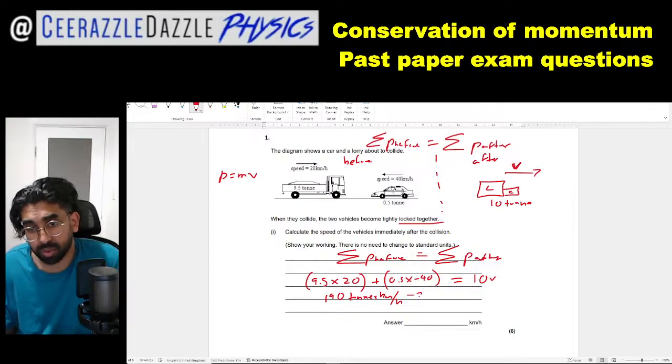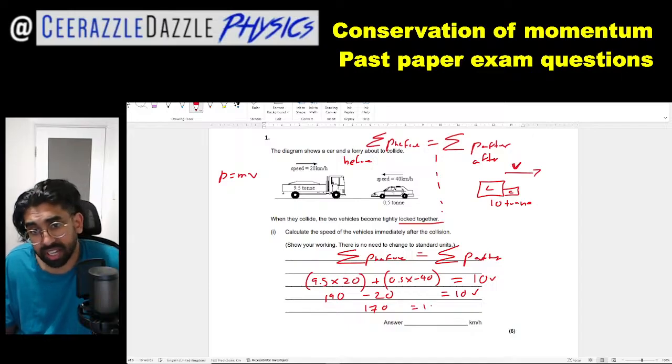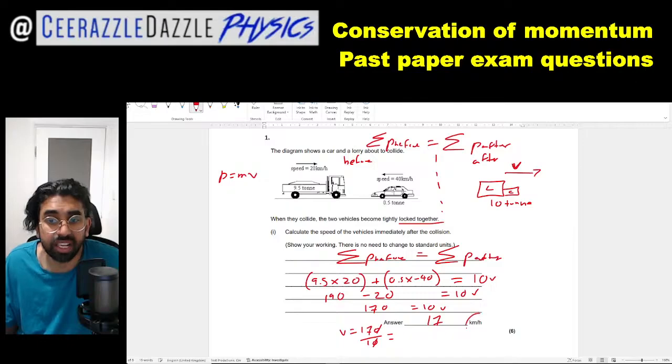So minus 20. I'm just going to remove the unit now. You'll see the reason why. So remove the units. So it's 190 over here minus the 20 here is equal to 10v. So therefore 190 minus the 20, in this case, is 170, which is equal to 10v. Therefore finally, v is equal to 170 divided by 10, which is equal to 17 kilometers